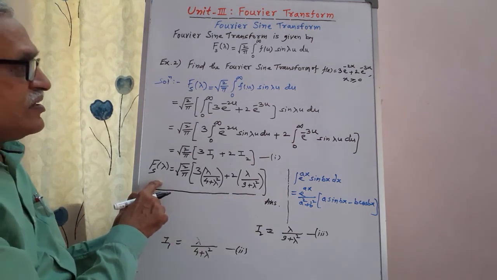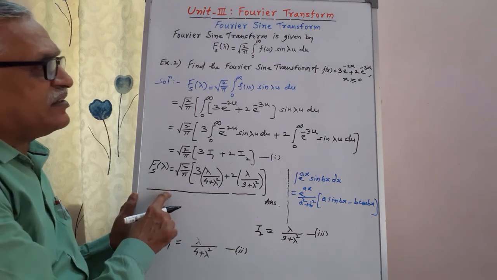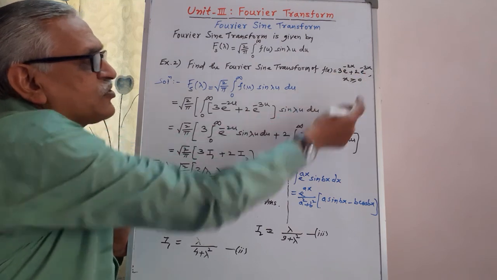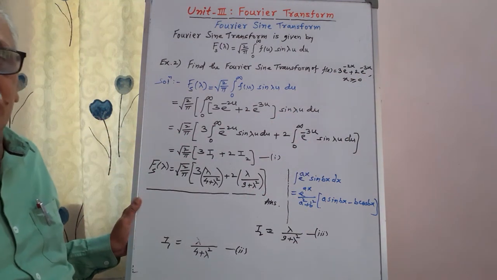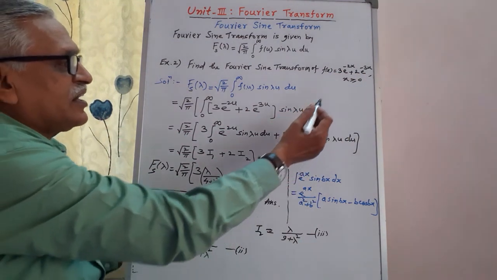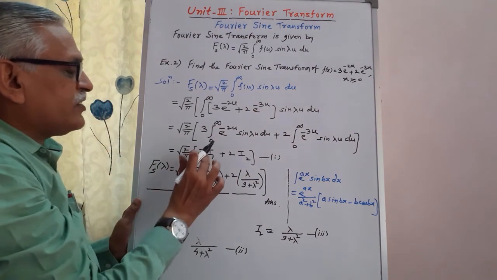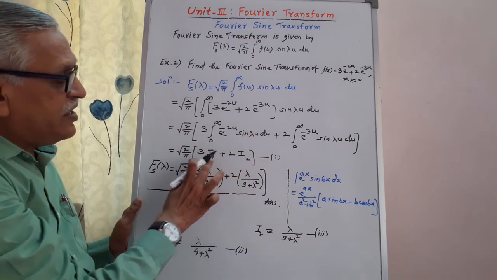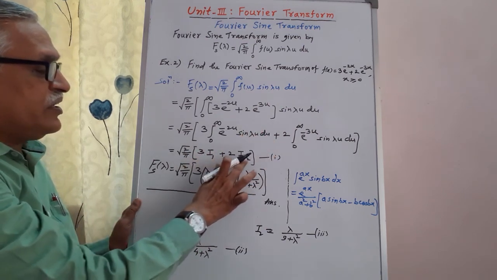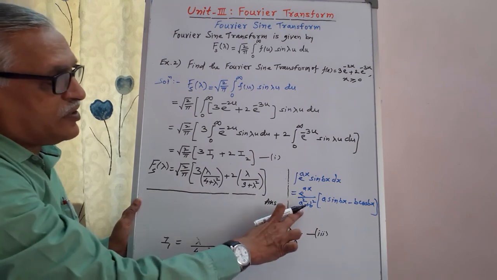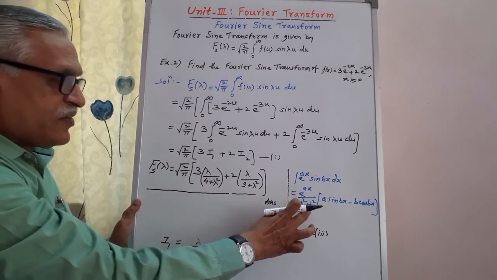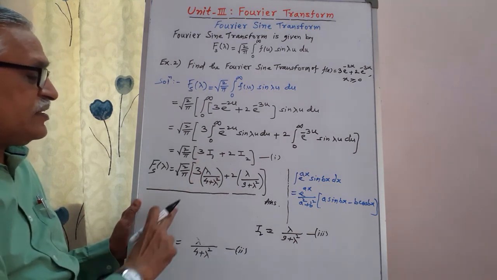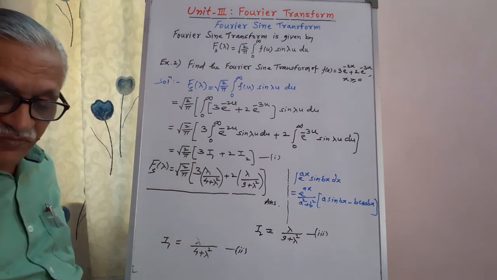Therefore, it is exactly similar to the first problem, only here there are two terms of e raised to minus type. For that we have to split the integral, the first one as I1, the second one as I2, and get the values of these two integrals I1 and I2 using the standard result. Whatever those values are, put them in equation 1 to obtain the required result.